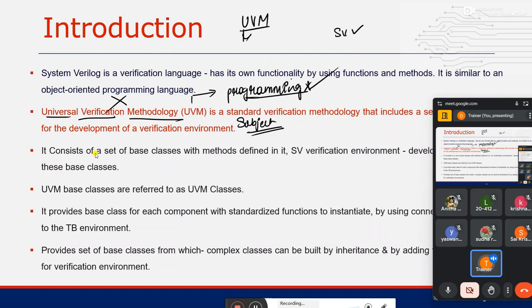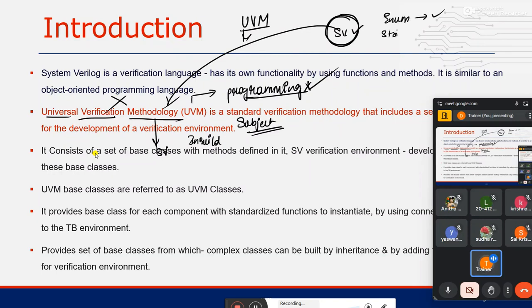Then if it is not a programming language, what exactly are we studying here? How to effectively use SystemVerilog. That is what we are studying in UVM. Even if you open the UVM code, SV coding only you are doing, but with some extra inbuilt methods. In SystemVerilog, we studied concepts like enum, which has some inbuilt methods, and strings, which have some inbuilt methods. There, topic by topic we had inbuilt methods, but here the complete file itself we are taking into consideration for the inbuilt methods.